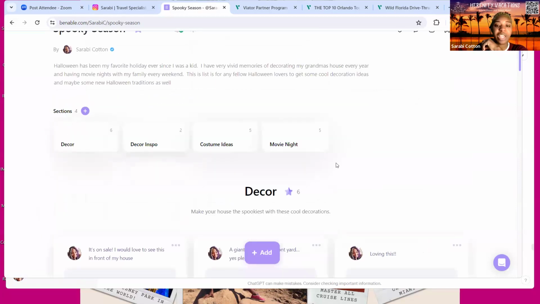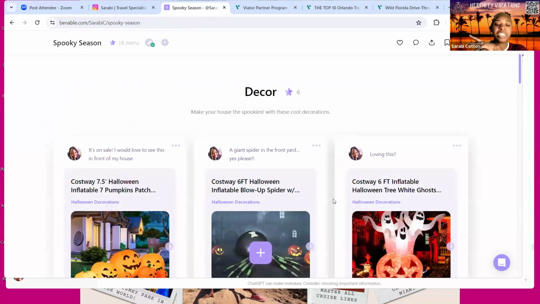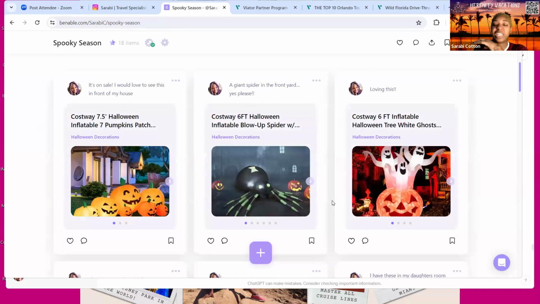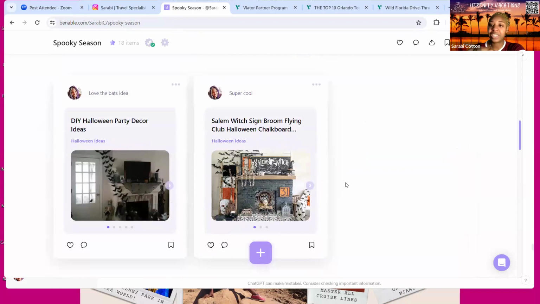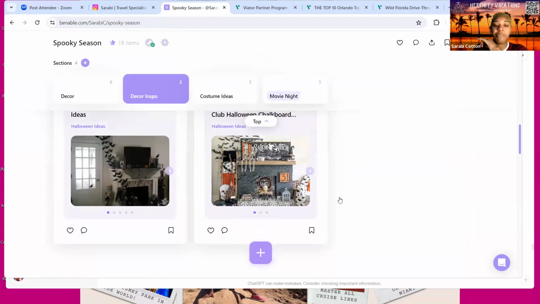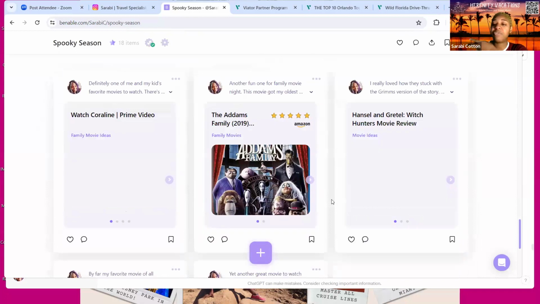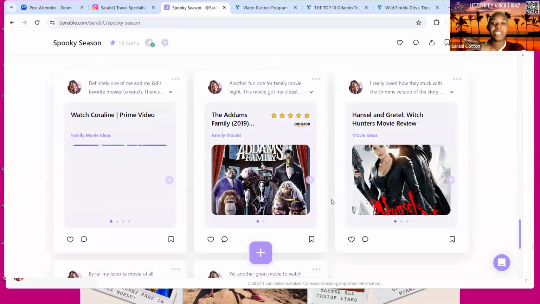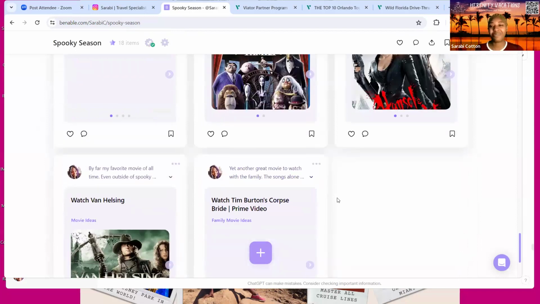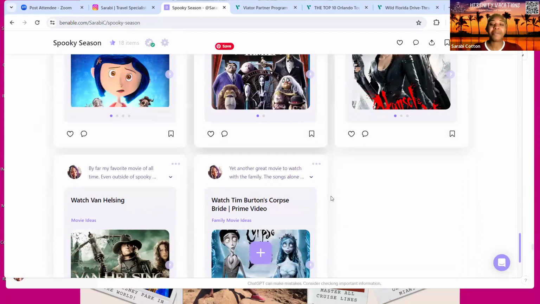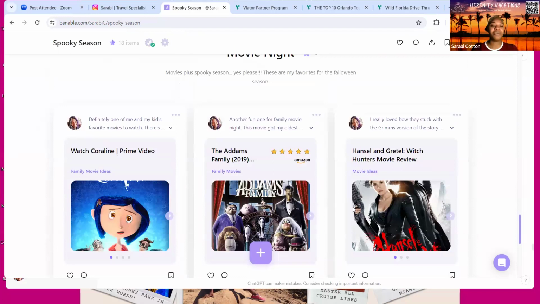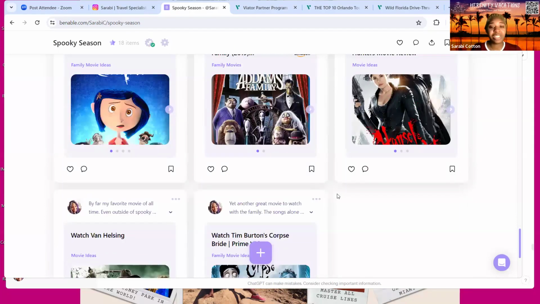So I have different little categories, again, just like everything else. But with these lists in particular, there's a mix of not only like Target things that they can buy, but also things from Pinterest as well. So like ideas, inspirations. I have a movie night one of videos and movies that you can watch during spooky season. Just little things that I identify with for Halloween because that is my favorite holiday. So literally all of these descriptions have something personal to me because I love Halloween. So these are my favorite movies to watch during Halloween time.